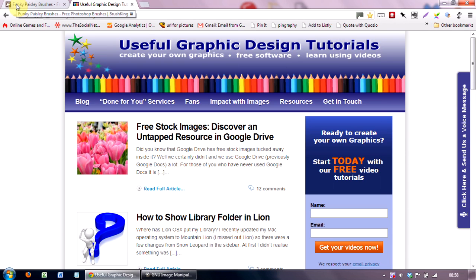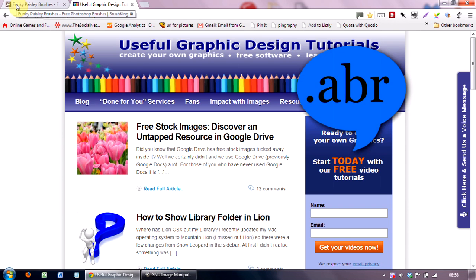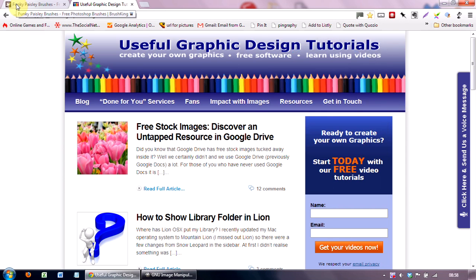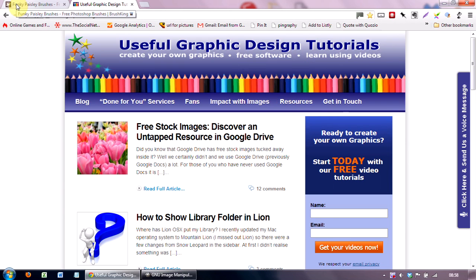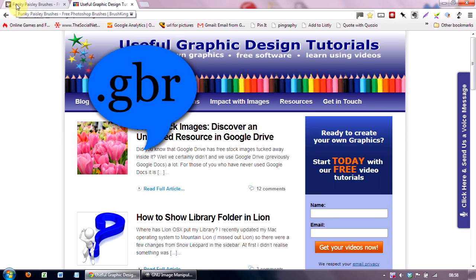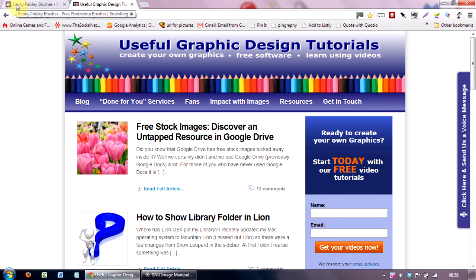in Photoshop. That's not always the case, but if they are, then the file format is ABR, which stands for Photoshop Brush File. Now the great news is that those ABR Photoshop files are totally interchangeable with Gimp. There's loads and loads of free brushes on the internet which you can use in Gimp. However, Gimp also has its own brush format, and that is GBR, which stands for Gimp Brush Format. So if you find brushes with that format, then that's the format for Gimp, and you will be able to